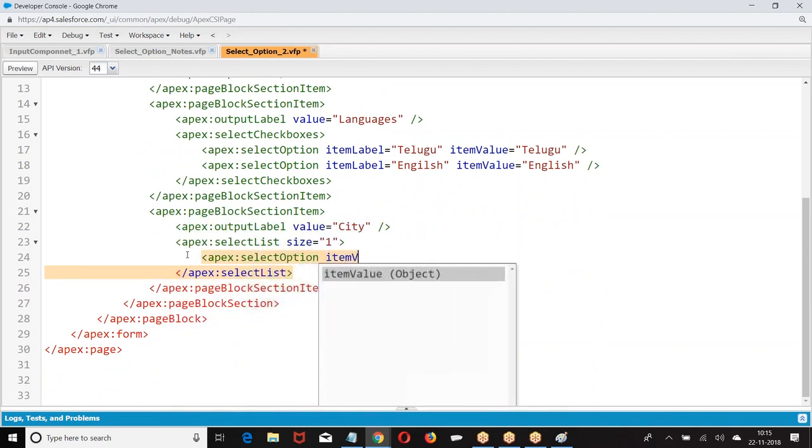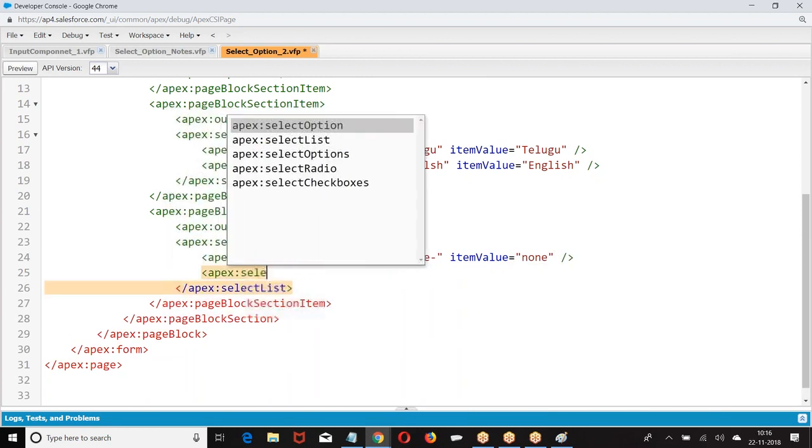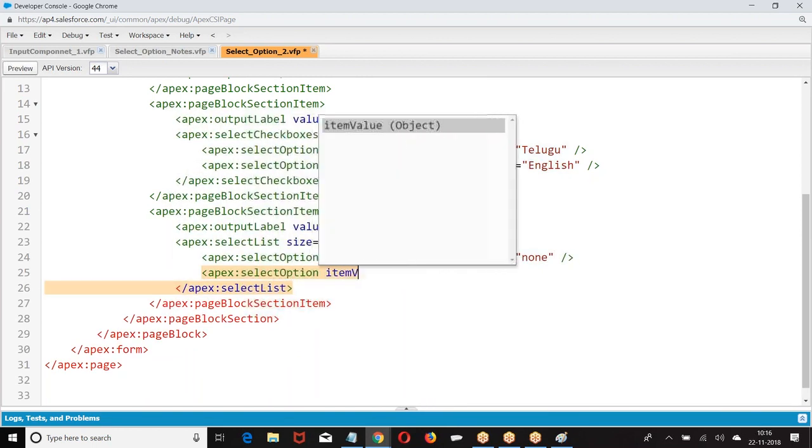Select option, item value. Item value equal to none. Item label.